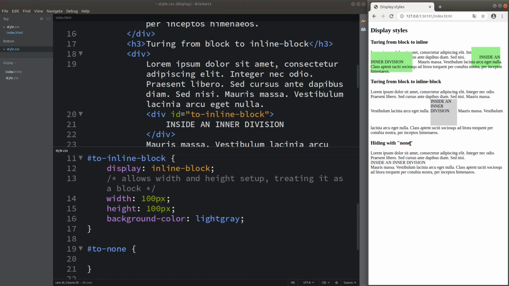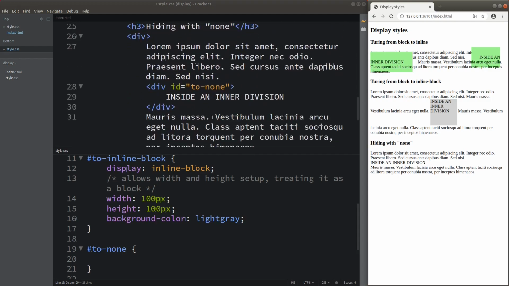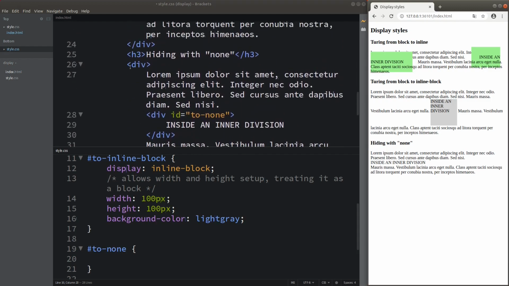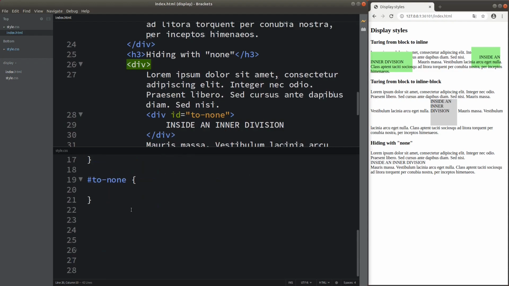Then the other display mode to talk about is none. So we can simply hide the division by using the none keyword. How can we do that? Let me go to the final division shown here. And then let me go to the CSS file. Okay, when I simply type none, you can see that the division that contains all the capital letters is gone.